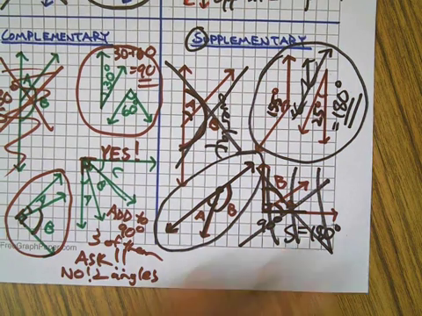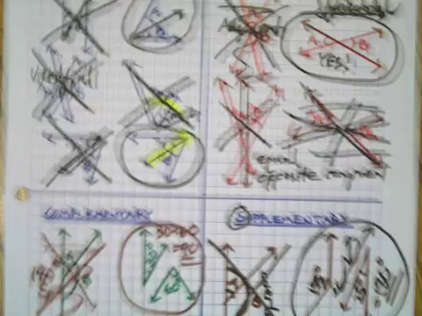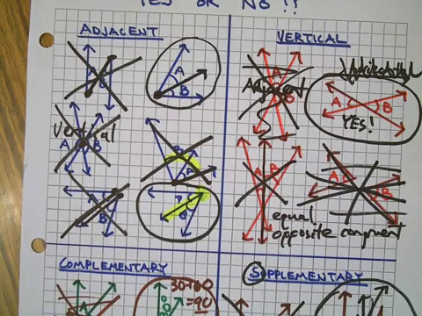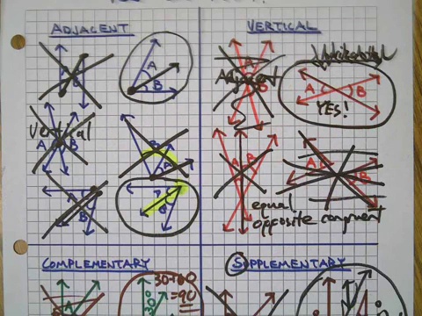How'd you do? Did you get 2 out of 4? Good. Okay. We're done. That was your practice. Look at that big messy page. That means we did a lot of good